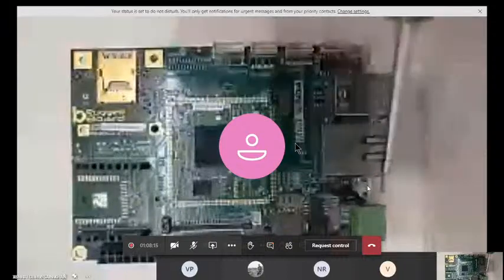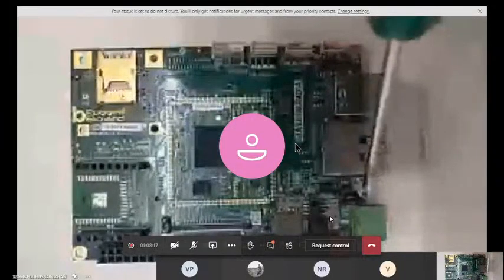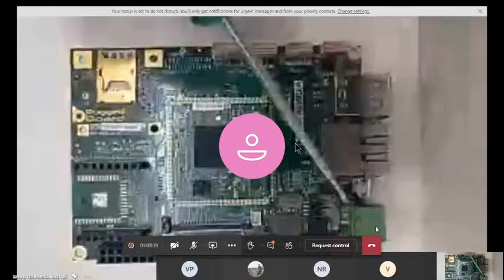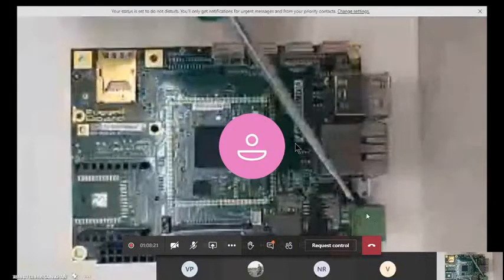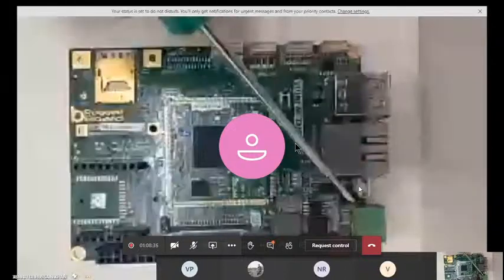There is a small jumper setting over here, with which you can choose whether you want a DC power supply or a USB power supply. The USB power supply, again, please remember, is mainly meant for development purposes and not for deployment purposes.